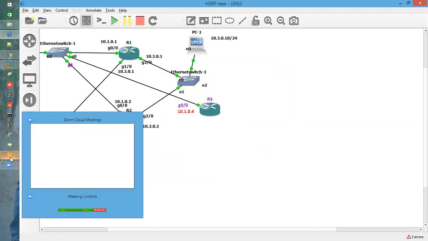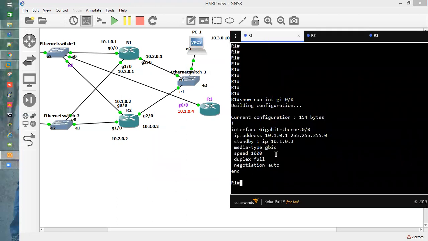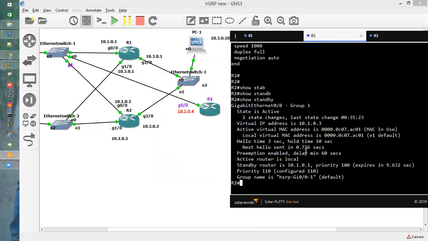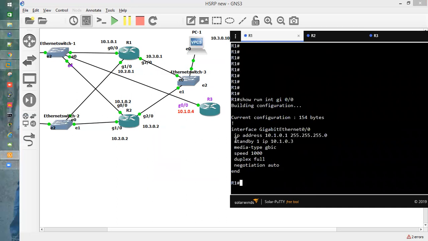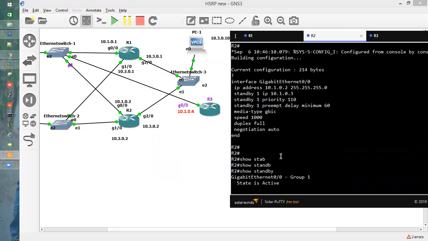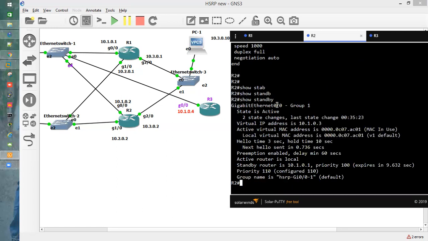I have already configured HSRP on the R1 interface and the R2 interface, so you can see the configuration is already in place. What I've done differently on R2 is I have made the priority 110 because I wanted R2 to be active in the HSRP group, and you can see R2 is in active state.